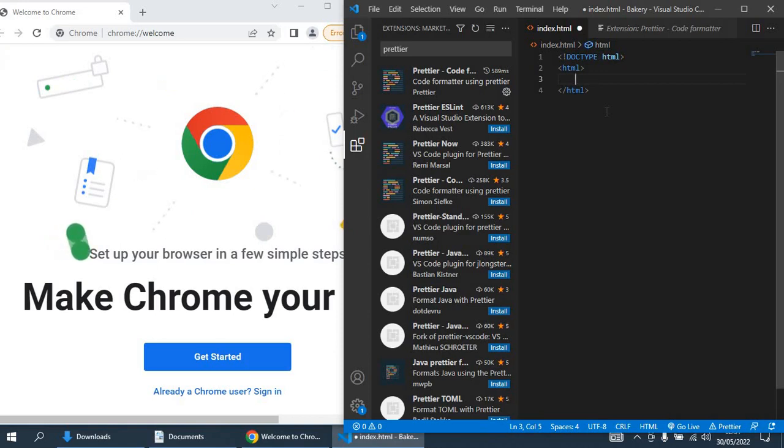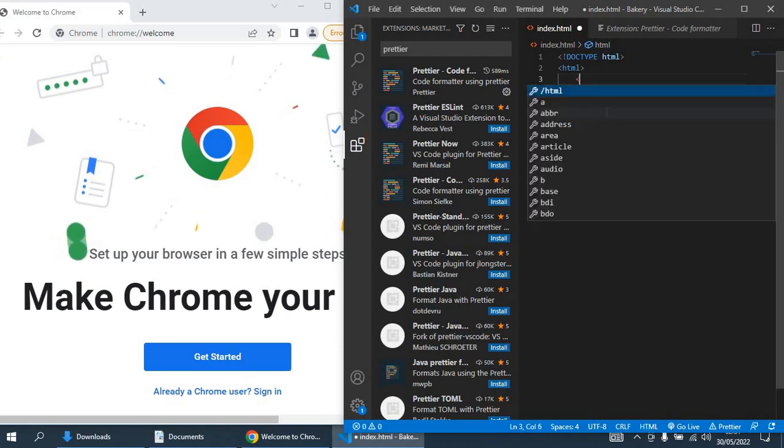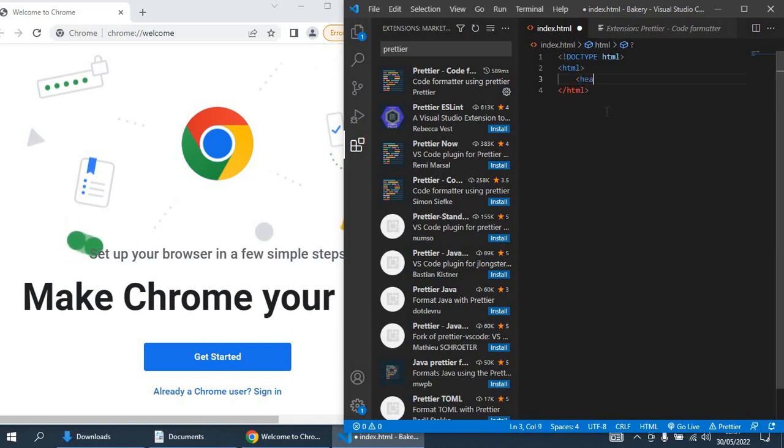So while the first line tells the browser what language the web page is written in, your HTML element is the root element of your web page that houses everything that has to do with your web page. Now within your HTML element, in between the opening and closing tags, you're going to be also adding your head